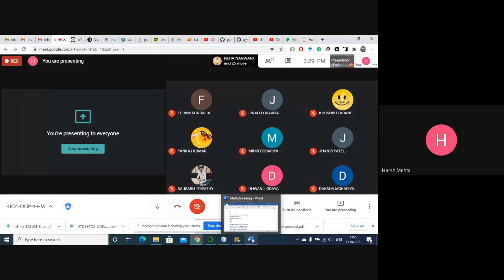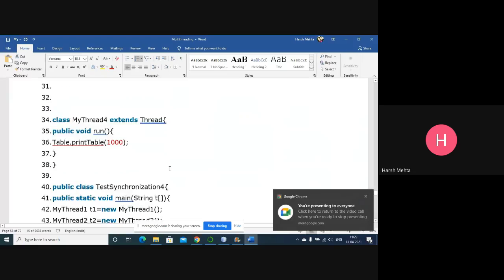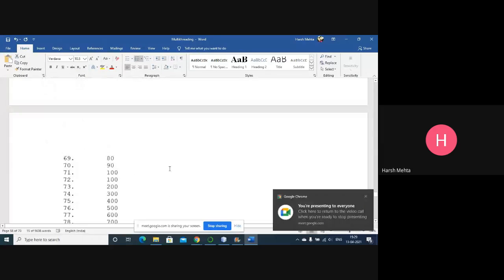Yes, so using static block, we can always directly call the methods.